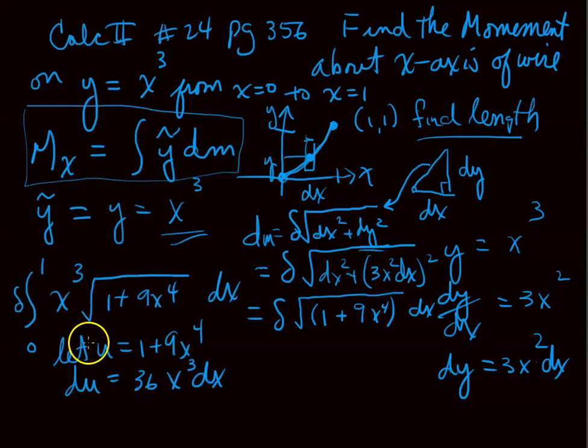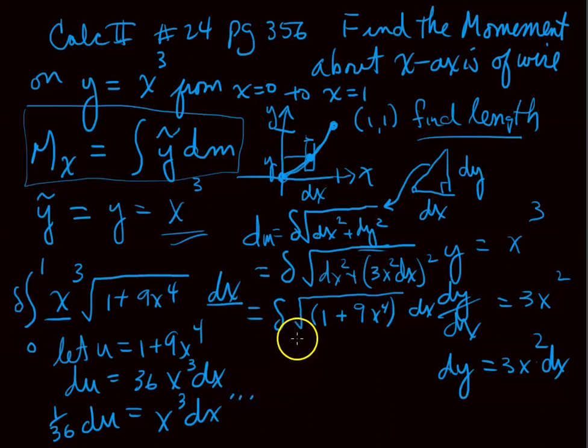We've got an x to the 3rd, but we don't have a 36, so I'm going to use 1/36 du to replace x cubed and dx. So the x cubed and the dx become 1/36 du. You've got to set your limits of integration differently and keep that du around, and eventually you get delta over 54